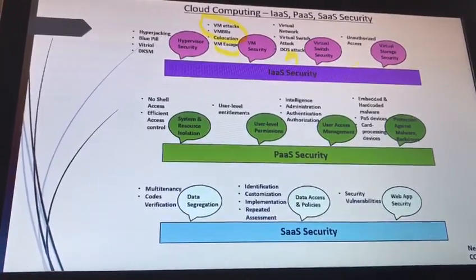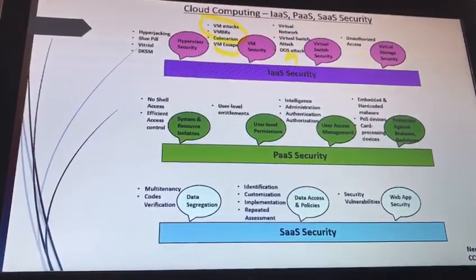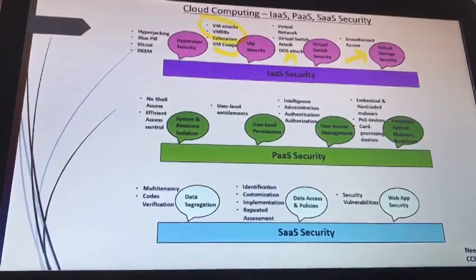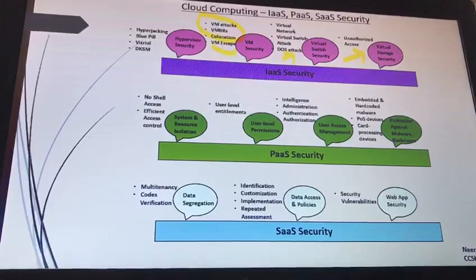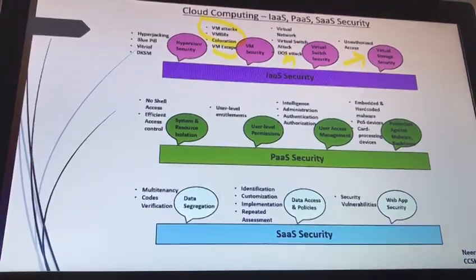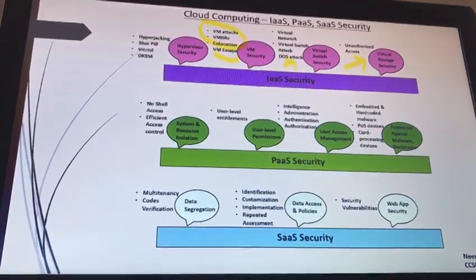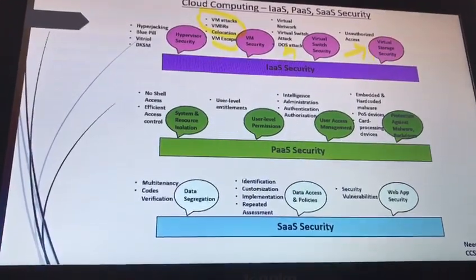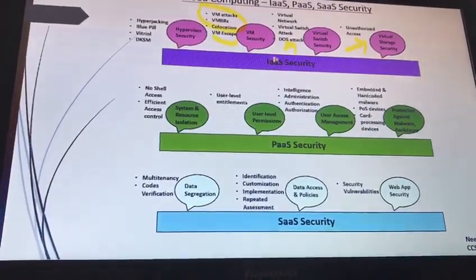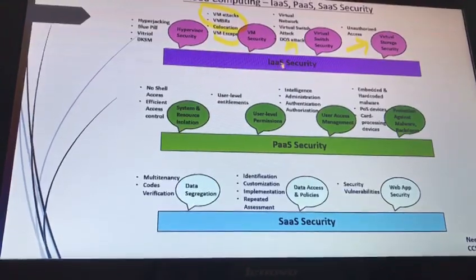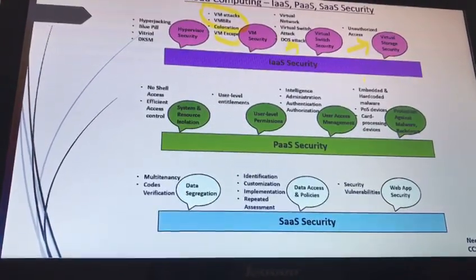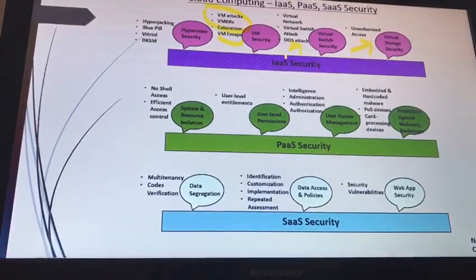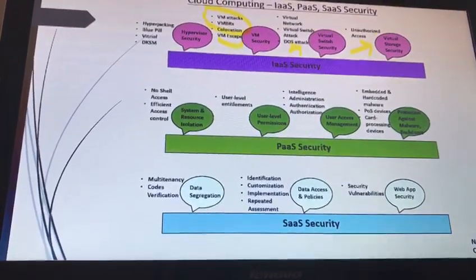And next is virtual storage security, where we have data stored in a virtual environment. Unauthorized access will impact the data, and we need to make sure that encryption is enabled on the virtual storage to maintain security in the virtual storage environment. So this is all about infrastructure as a service security. Security is needed in this model to protect all these important